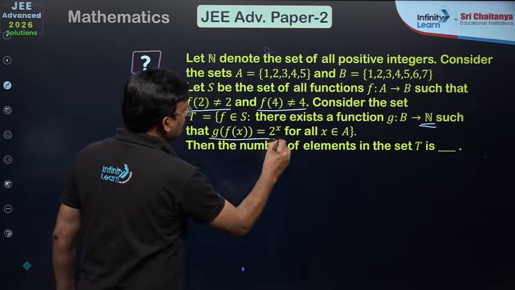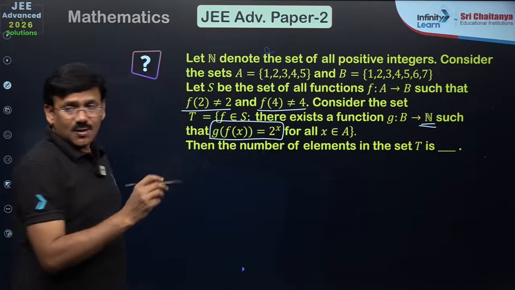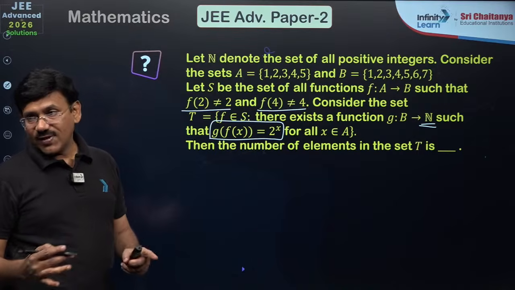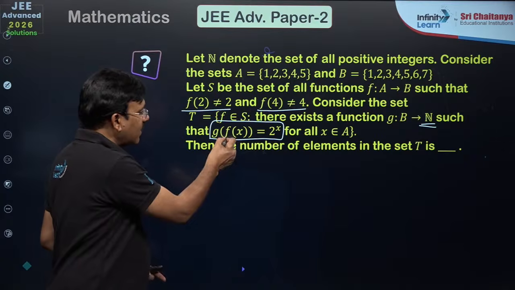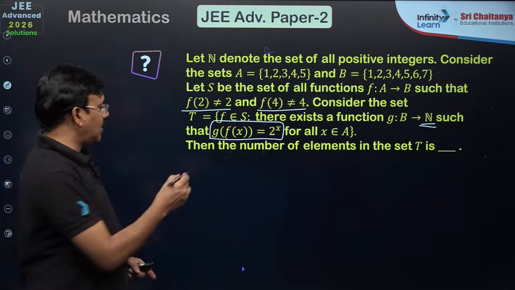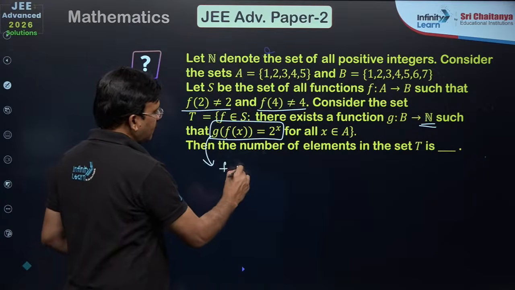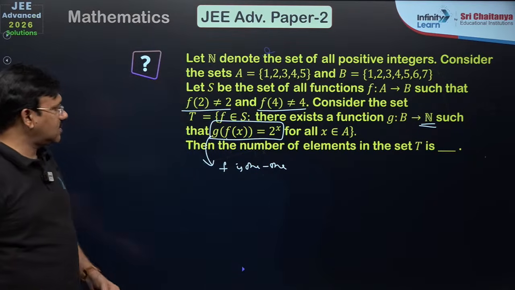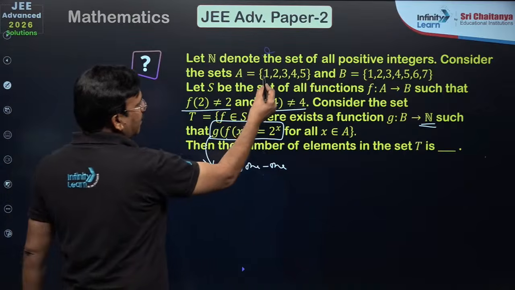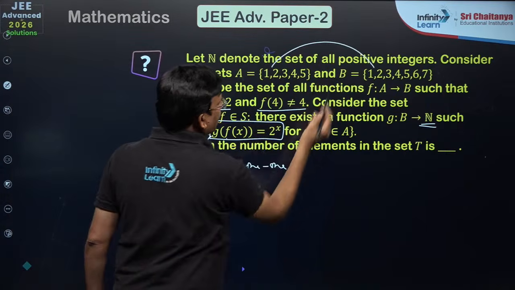G of f of x is 2 power x. Interesting point is, 2 power x is a one-one function. So g circle f is one-one means f is one-one. So I have to take this implies f is one-one. If f is one-one, my dear friends, you have to map the number of one-one functions from A to B,